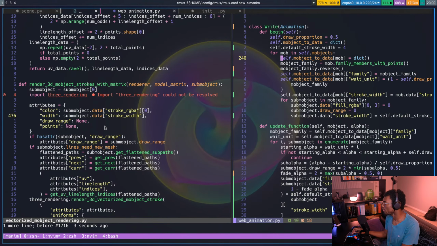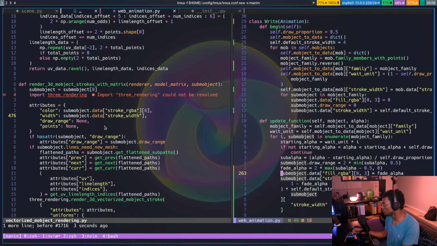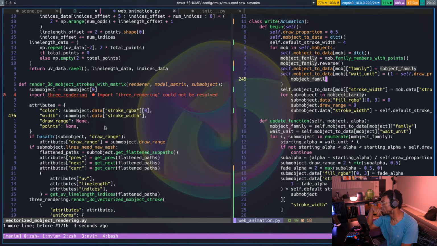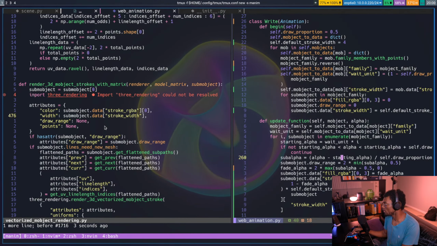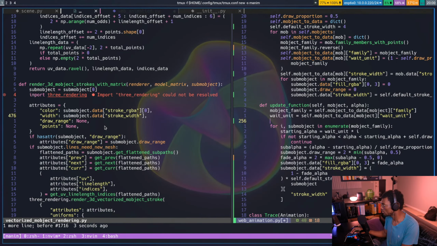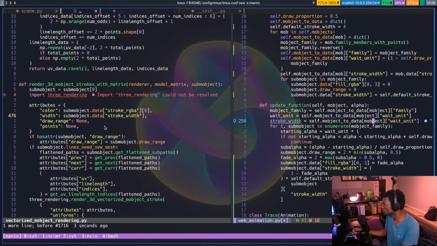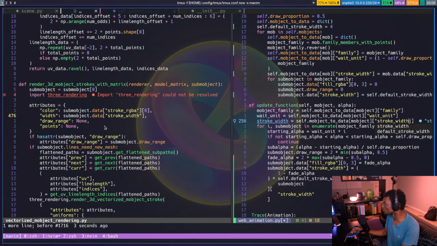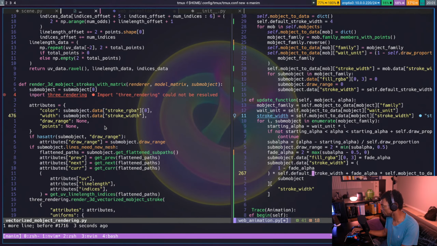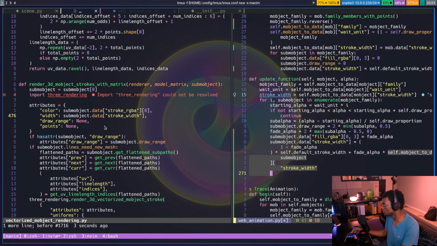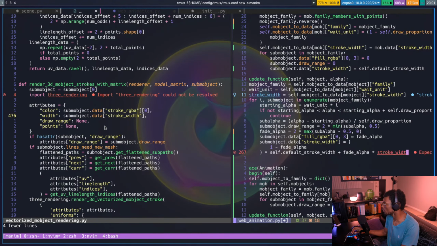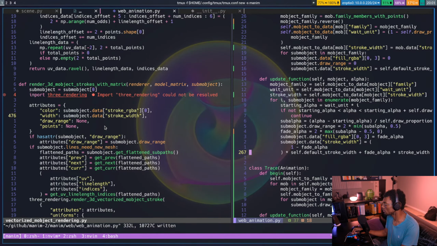Fill RGBA. Oh yeah, I definitely have to do that. The only way this could work is if the stroke width would have to be up here. Object like this. And now when I'm fading in, I'll go from between that default and this one. Now that may not work